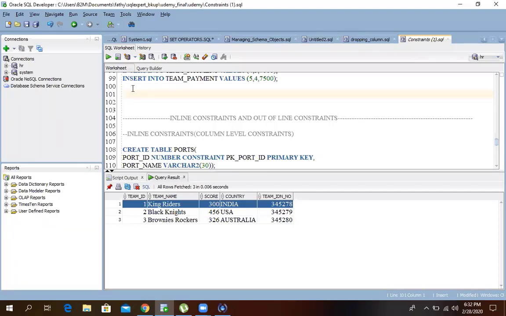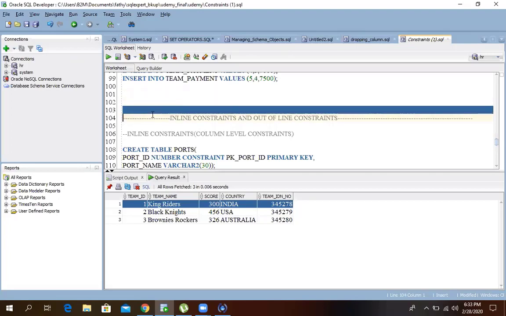Very good. Apart from this, that's it. The constraint topic is over.